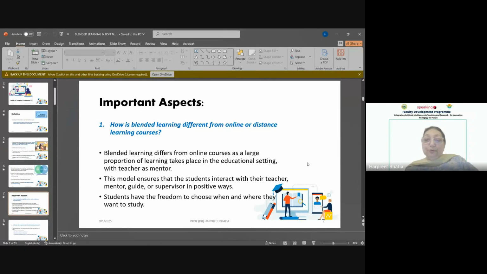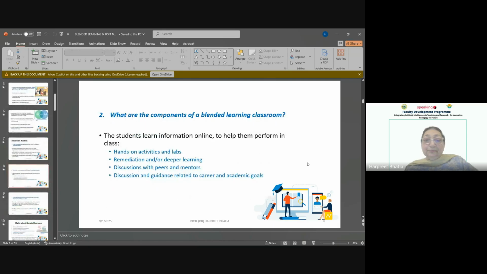Together the learning process becomes more beneficial, and online enhances the offline, and the offline enhances the online learning. So what are the different components of a blended learning classroom? You have information that is online, and then you have interaction which is offline,